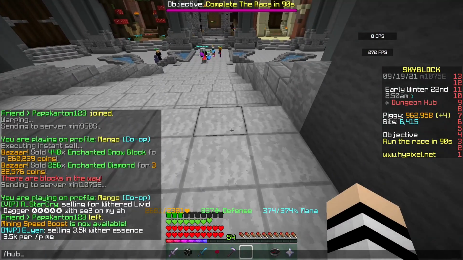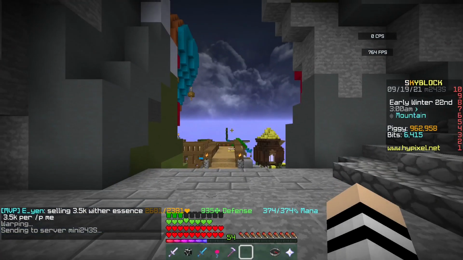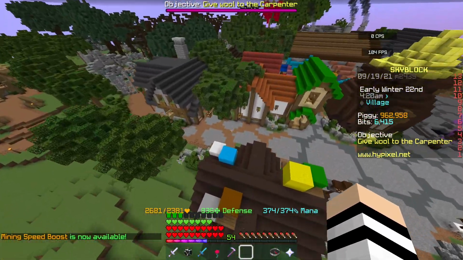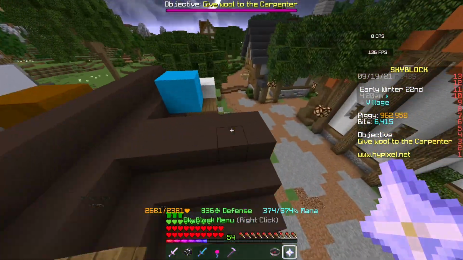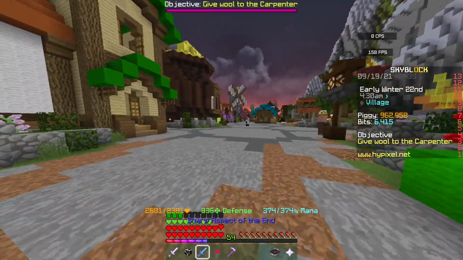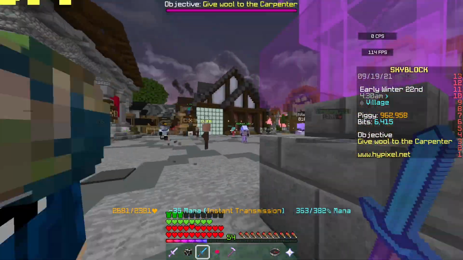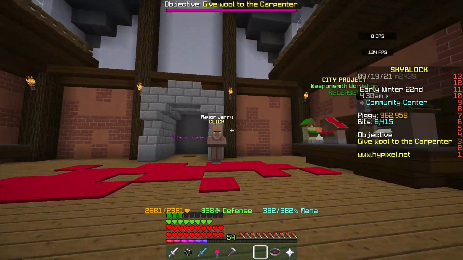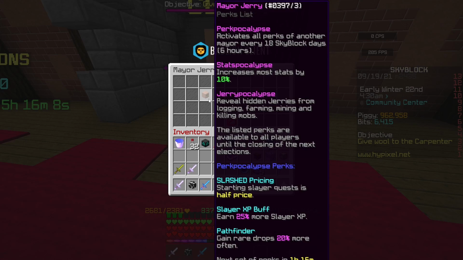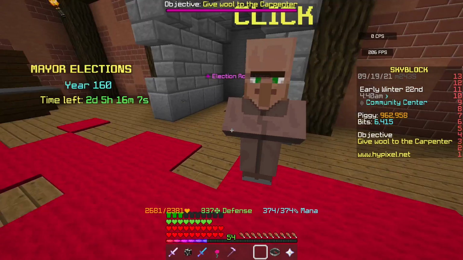There are a lot of other ways though, especially a few other things you can do to make yourself coins in the early game. I'd suggest doing a few things. So you want to look at what the Mayor is on at the moment. I think it's Jerry at the moment, is that his name? Yeah, Jerry. And Jerry will give you the Jerry Apocalypse, and you can reveal hidden Jerry,